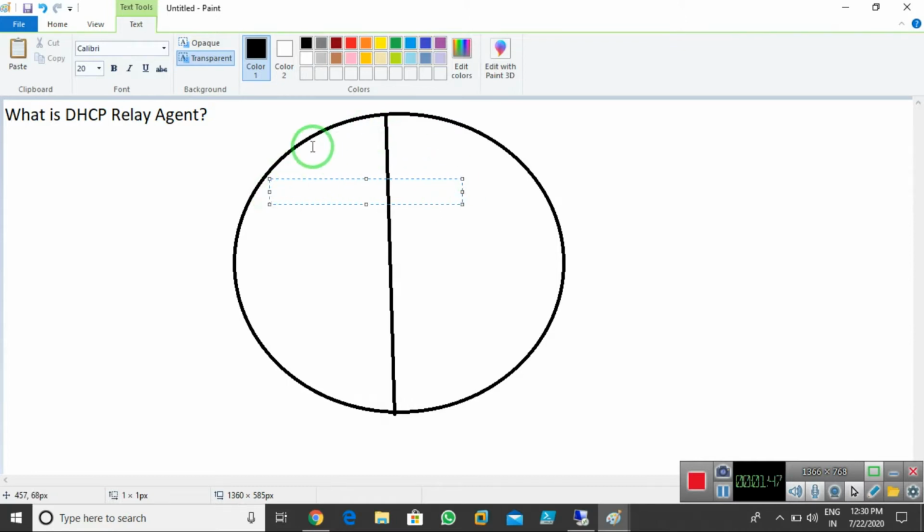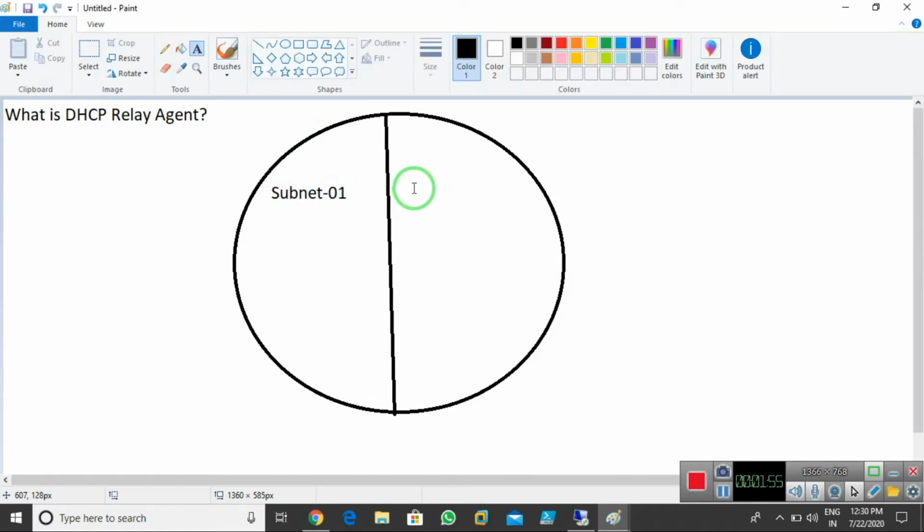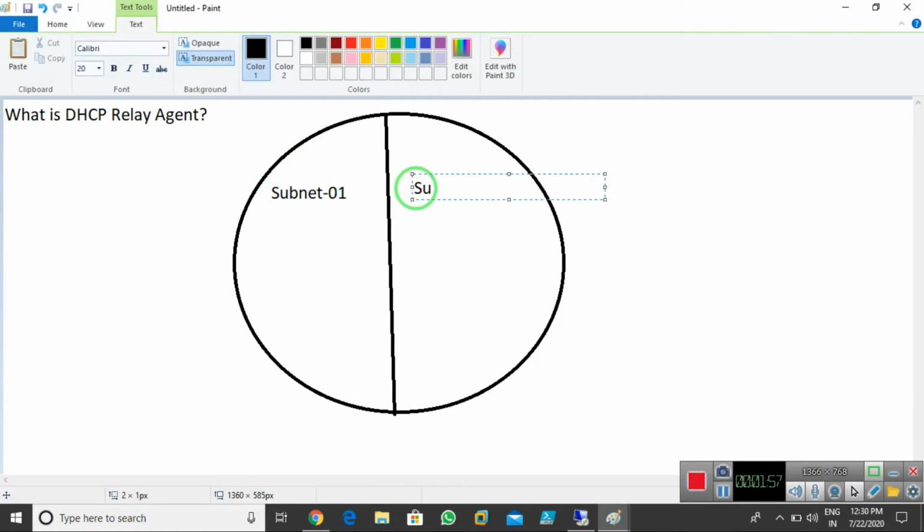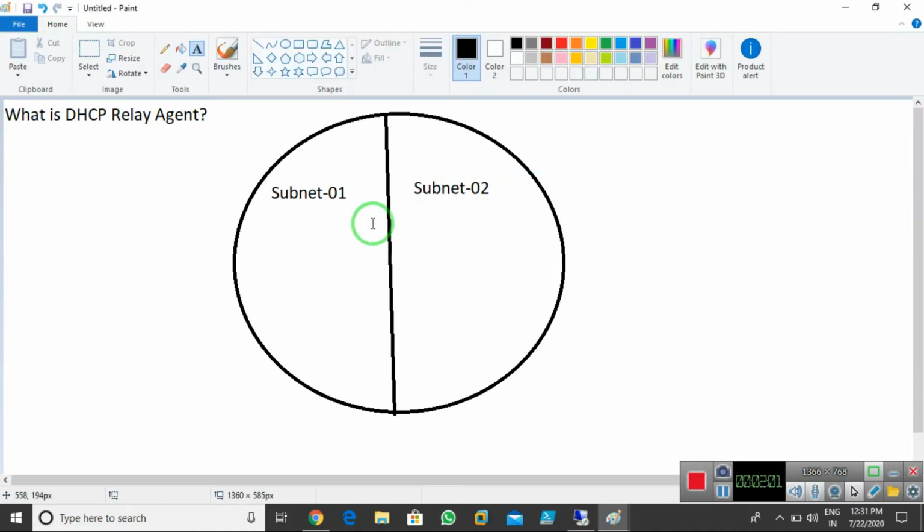I call this one subnet 1 and the other subnet 2. I divided my network into two subnets, subnet 1 and subnet 2. Now in subnet 1, my DHCP server is running.